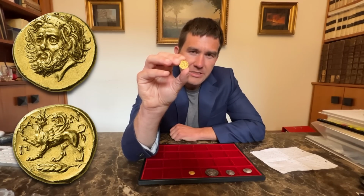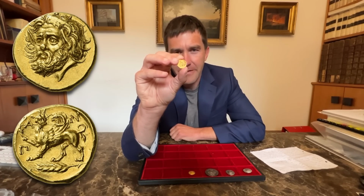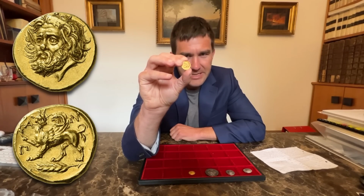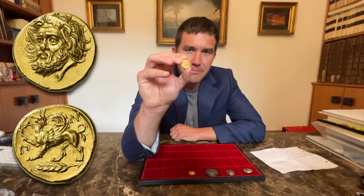And this portrait is incredibly expressive, even by the standards of classical art. His eyes seem alive in a way that's very rare for any coin of any era, but especially for classical coinage. He seems almost like anticipating something, as though he looks back at you when you're looking at him. And this wonderful characteristic of this coin has made it one of the most valued and most cherished in the